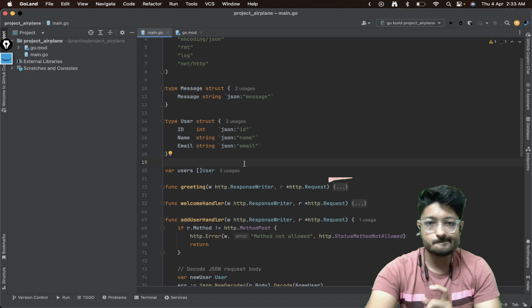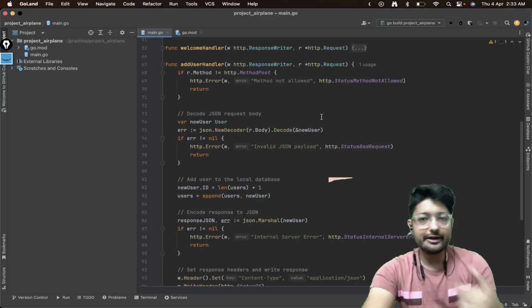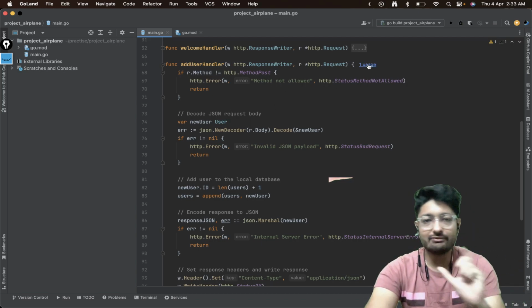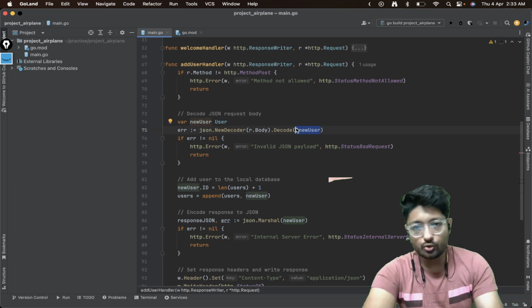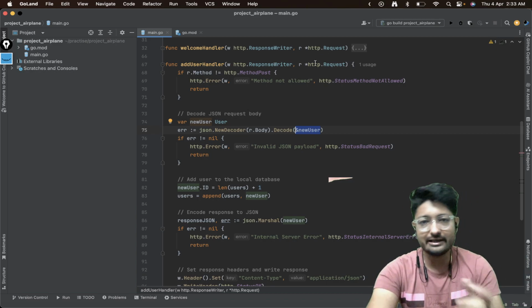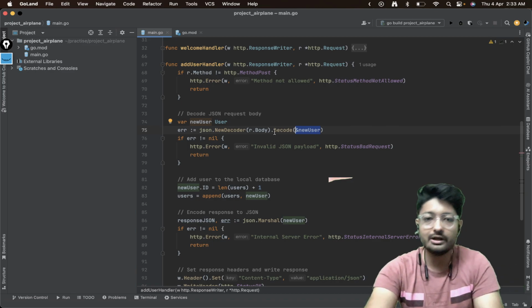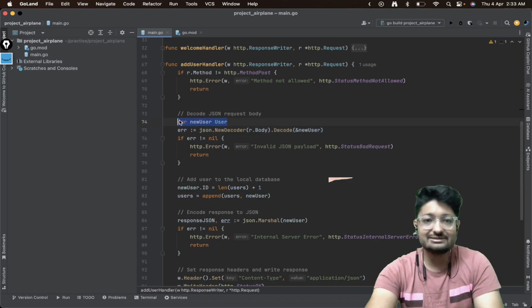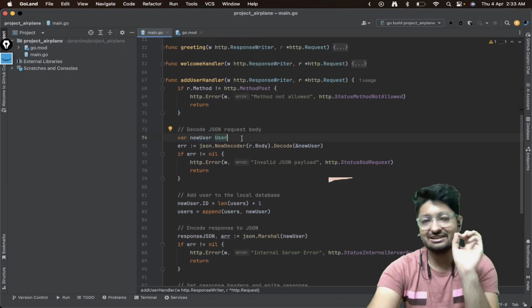in this array. Okay. Now what we have done is that whenever a request comes, it has to have a body because it's a POST request. If it has a body, then we will decode the JSON, which is a byte array. That is the information coming in the request. That byte array will be decoded into this user. As you can see, this is an array of users, but here it's just a single